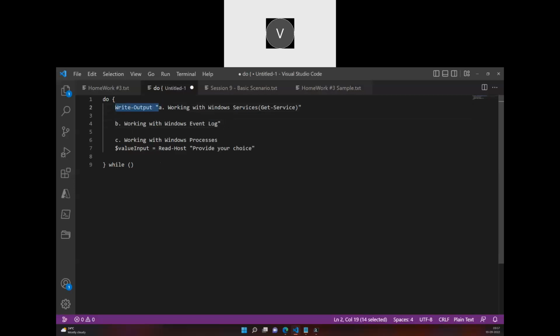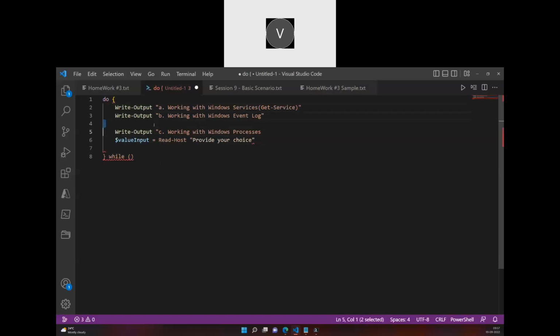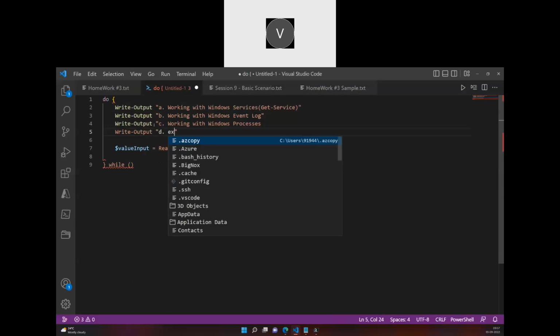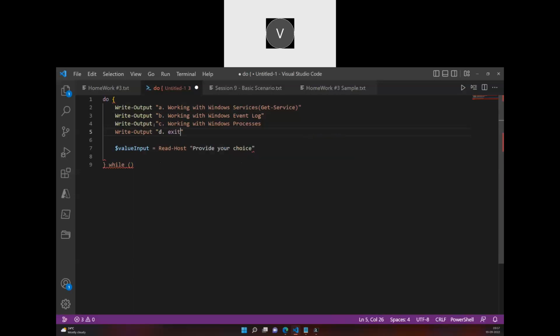So I'll use the same thing here to first print the values. Now I'll go for D exit, and here I'll ask for one, or I can go for A itself. Let me go for B and say provide your choice,